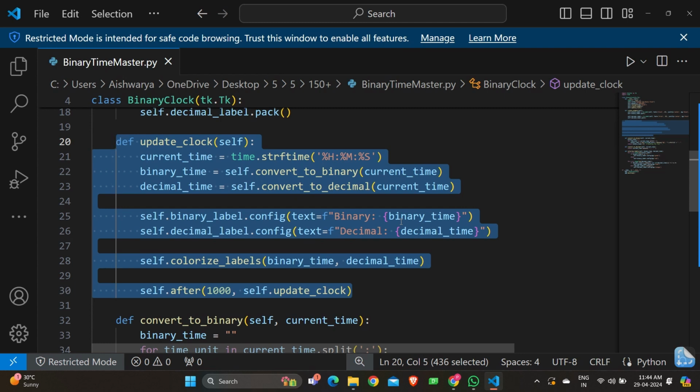This converts the current decimal time into binary representation. And we have decimal_time equal to self.convert_to_decimal(current_time). This formats the current decimal time by adding spaces around the colons for aesthetic purposes in the GUI. And later, coming down, you can see self.binary_label.config(text=f"binary